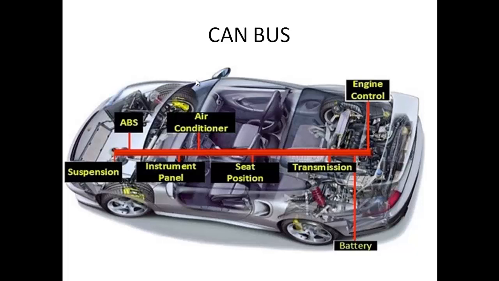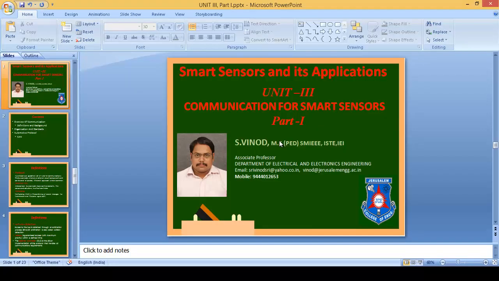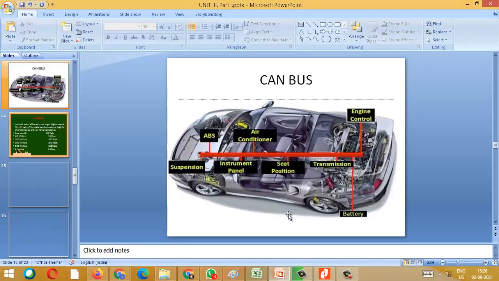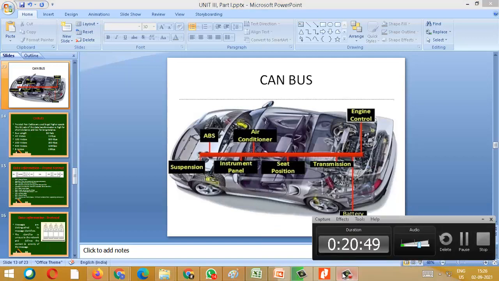So now you have a controller for the battery, for the engine, for the transmission, for the seat. Each and every element has a separate controller, and it does its own control operation. We will stop with this today. I have just given some basics of